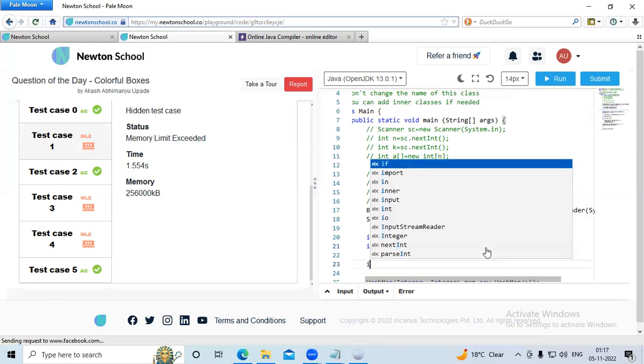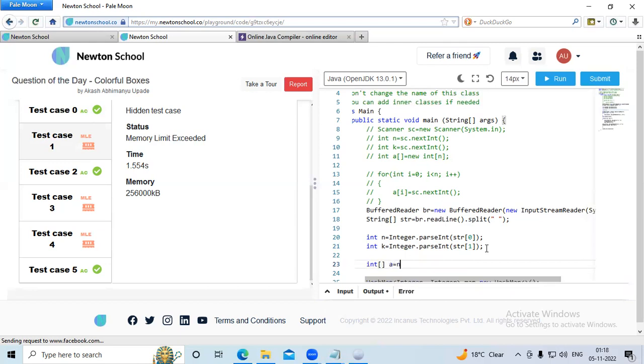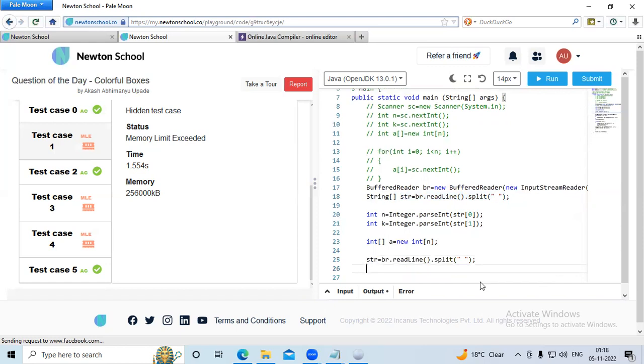ओके, अभी हम क्या करेंगे, 2 नंबर तो हमने ले लिए, अभी हमको एक एरे डिक्लेयर करना पड़ेगा। सो यहाँ पे लिखते हैं इंटीजर और उसको नाम देते हैं a इक्वल्स टू new int और इसमें n को पास कर देंगे। ओके, ये हमने एक एरे डिक्लेयर कर दिया। अभी हमको एरे के जो भी एलिमेंट्स हैं वो यूजर से इनपुट लेना है। तो अगर कोई भी इनपुट लेना है तो ये लाइन हमको कंपलसरी लिखना पड़ता है। तो ये लाइन यहाँ से कॉपी करेंगे फिर से और यहाँ पे उसको पेस्ट कर देंगे।